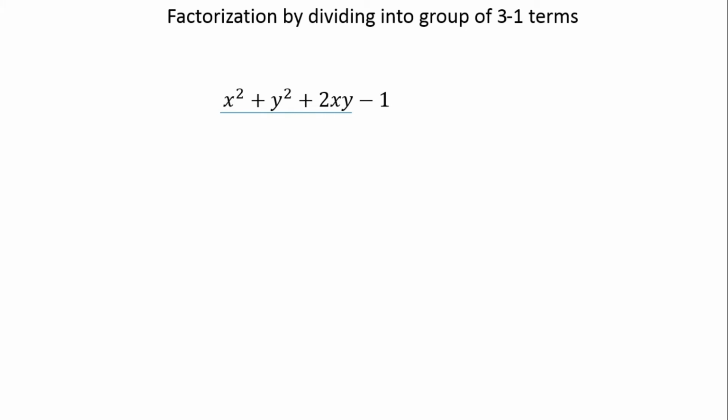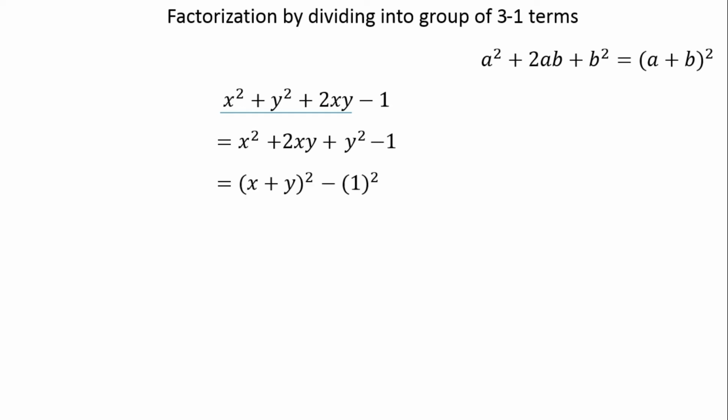So further if we compare this one with the formula of a square plus 2ab plus b square, then we get the same terms, means we can convert these 3 terms into the form of the formula x square plus 2xy plus y square, means a square plus 2ab plus b square. In this way we have to divide the given 4 terms algebraic expression into 3 and 1, means 3 terms will change into the form of formula a plus b whole square and the remaining one will be same. Then x square plus 2xy plus y square is changed into x plus y whole square, and 1 we can change into 1 square itself.